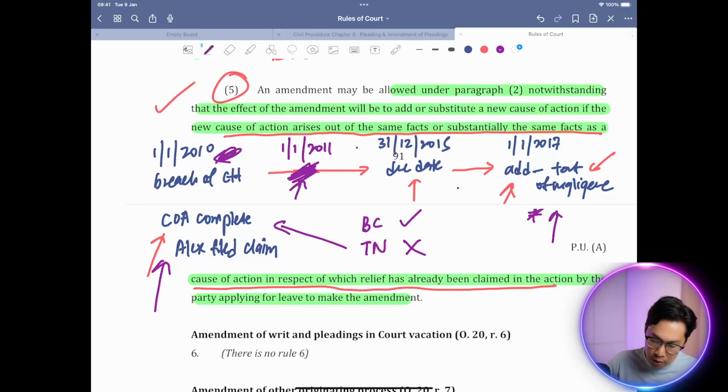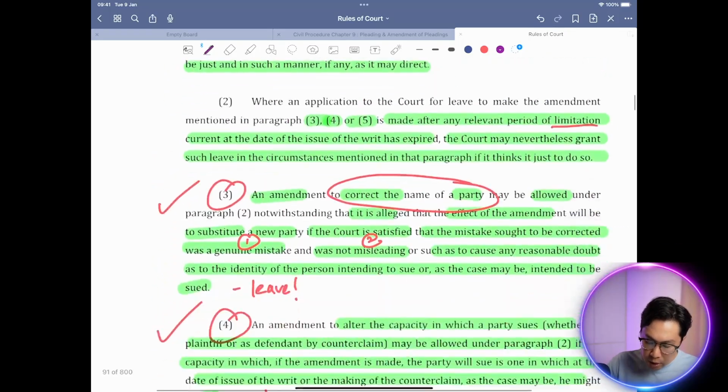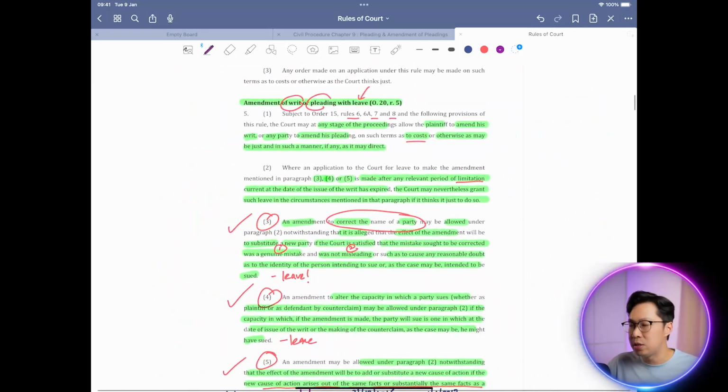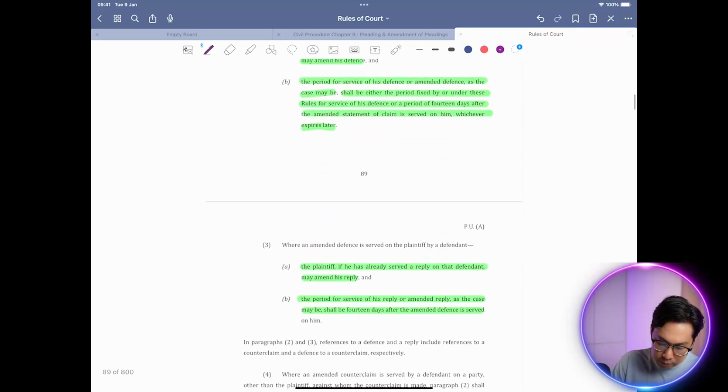Okay? Take note of this one. Right, so this is the one. So anything outside these three things, if you wanted to amend outside limitation periods, so again, example,